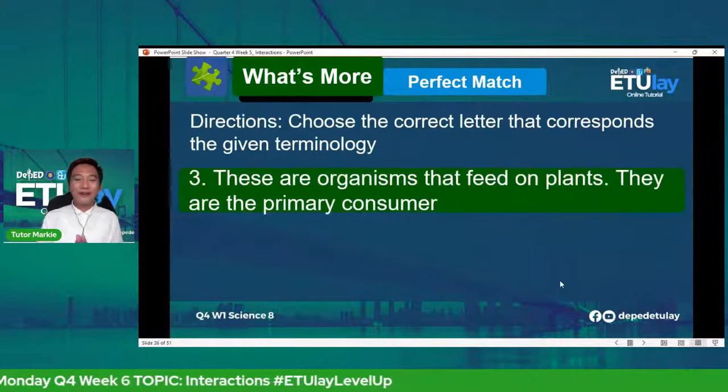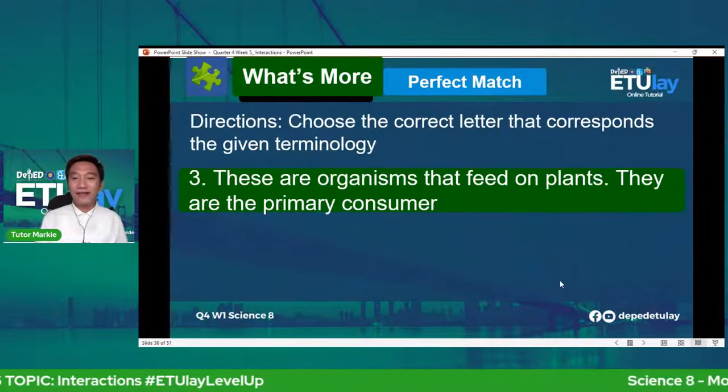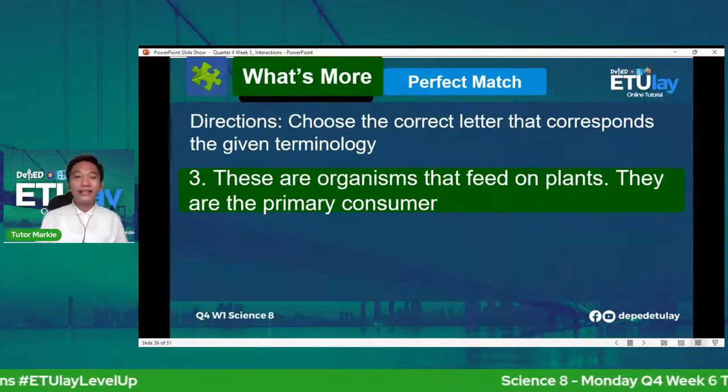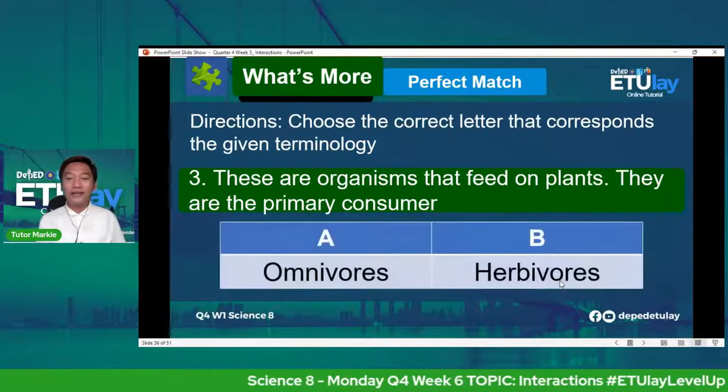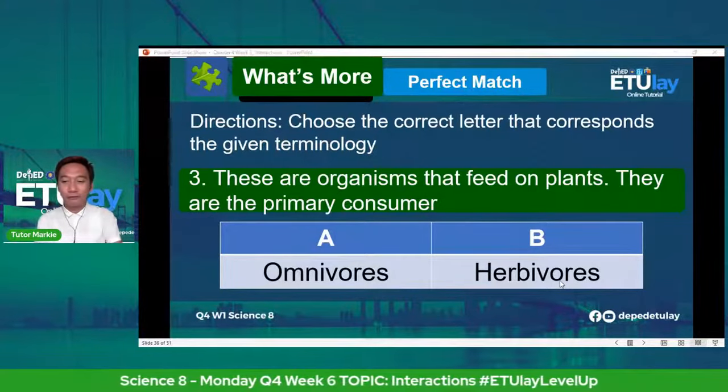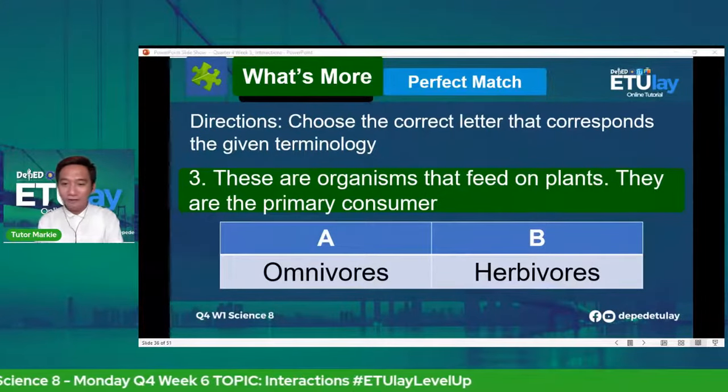Okay, for our third, these are organisms that feed on plants. They are the primary consumer. Is it letter A, omnivores, or letter B, herbivores? Okay, we have our